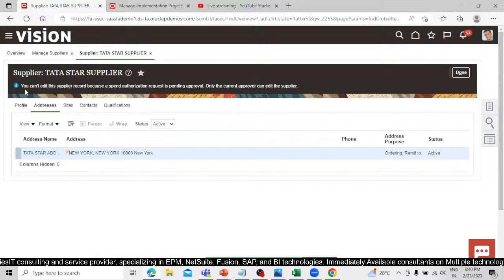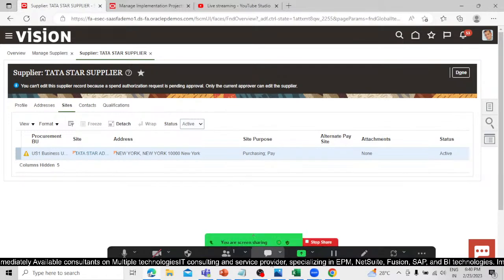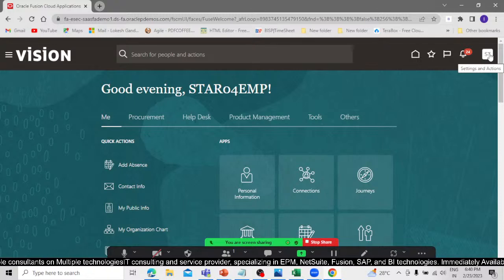Okay, and you cannot edit this supplier because the spend authorized request is pending, right. Only the current approver can edit this, right. So you can see the site is activated over here, but you cannot edit this. So we have one option, sorry, we can approve the request so that we can edit this, right. So go to this one and let's approve the request,